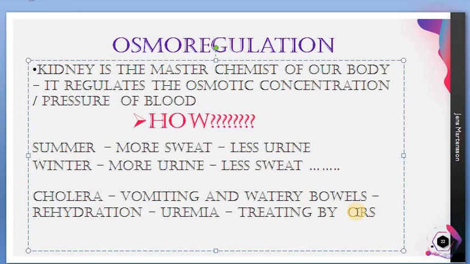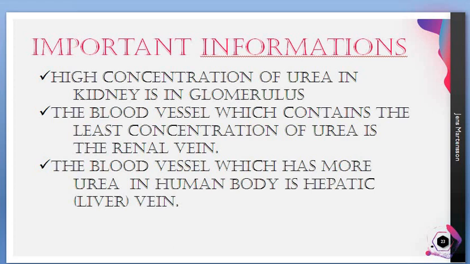So if a person is having cholera or dysentery, and the body is losing too much water abnormally, the person has to be given ORS to stop uremia. What we are doing is rehydrating our body to stop dehydration, so that we can continuously stop the uremia too, because uremia is too dangerous. Okay, so what is uremia? Are you saying the answer? I guess you are. Uremia means accumulation of urea in the body. These are the important points that you have to learn for your exams. Generally these are the check questions for centum, so these are the things you have to learn.